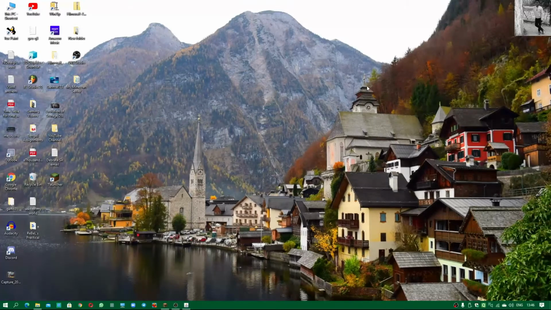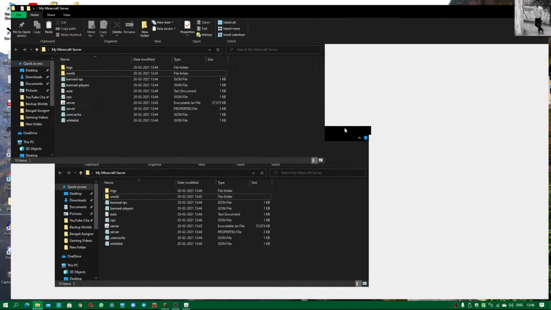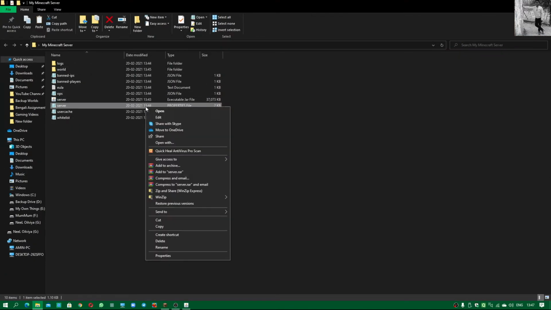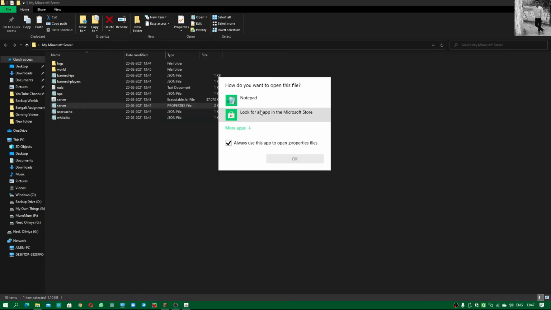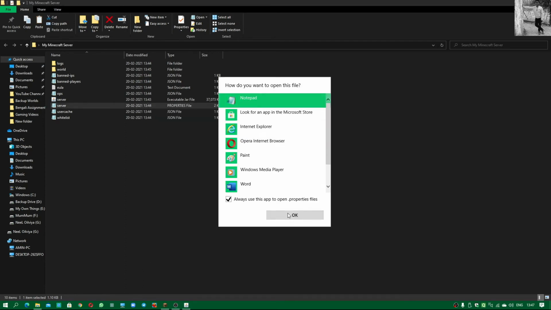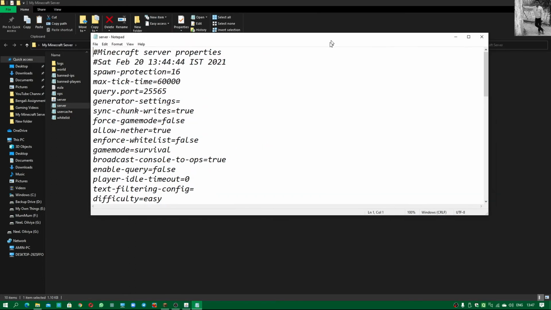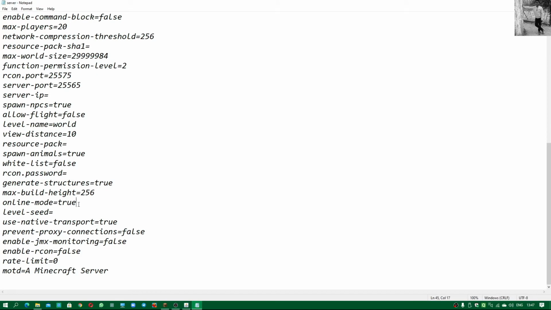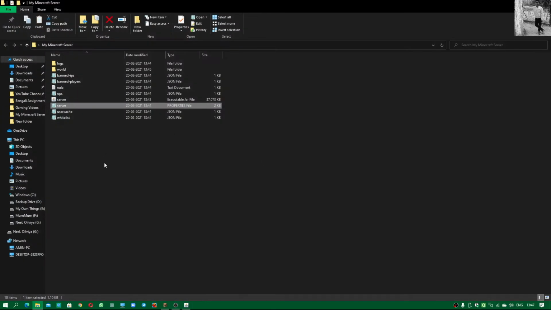But if you are playing on T-Launcher or any other such launcher, then you simply need to go to your server folder, and then you need to go to the server properties file, and then right click on it, click on open with, and you can easily use more apps and then Notepad. Once you have done that, the properties file will be opened with Notepad. Now you can set online mode. You will see that online mode is set to true here. Now if I set online mode to false, the work is done. For cracked, now the server becomes cracked and not authenticated.